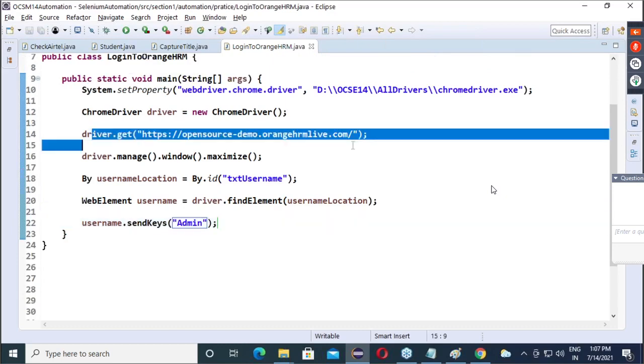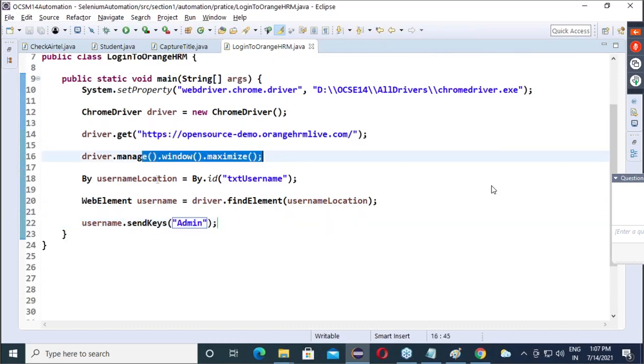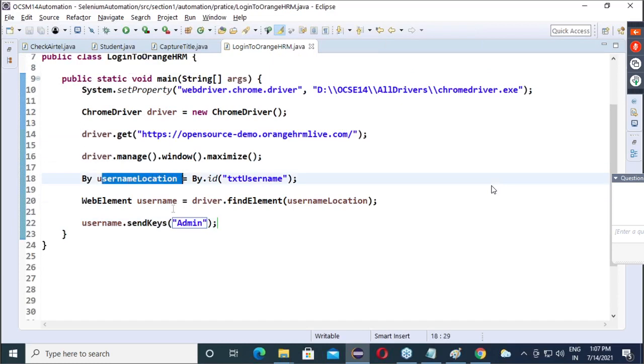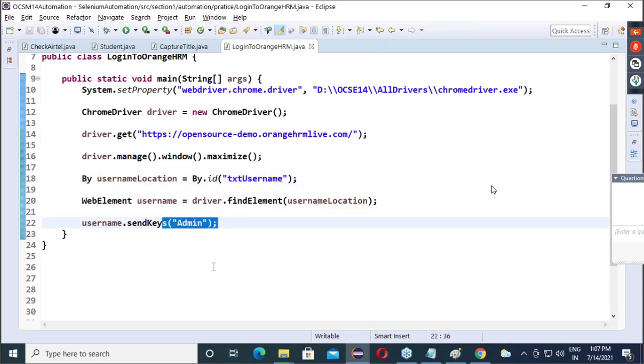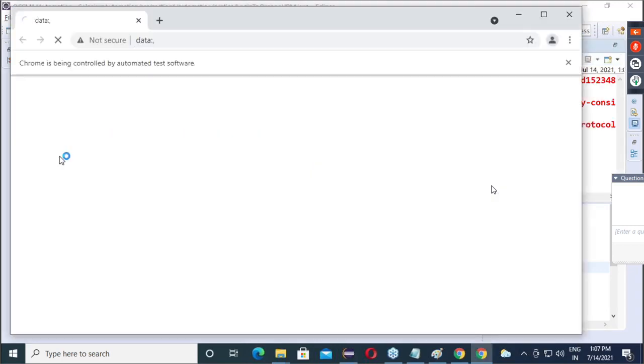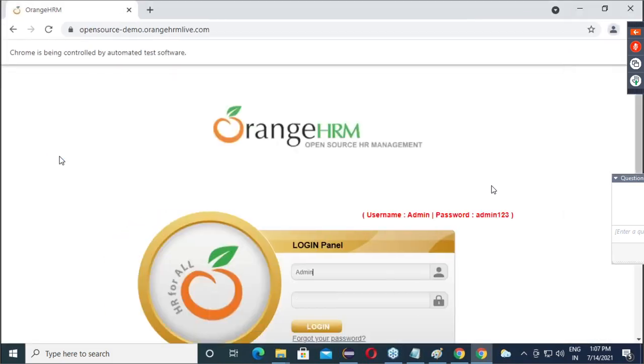So first it will launch, then maximize, then capture the location, give that location to findElement, get the web element, and on the web element enter admin. Okay. So save this, run this. Is it entering?